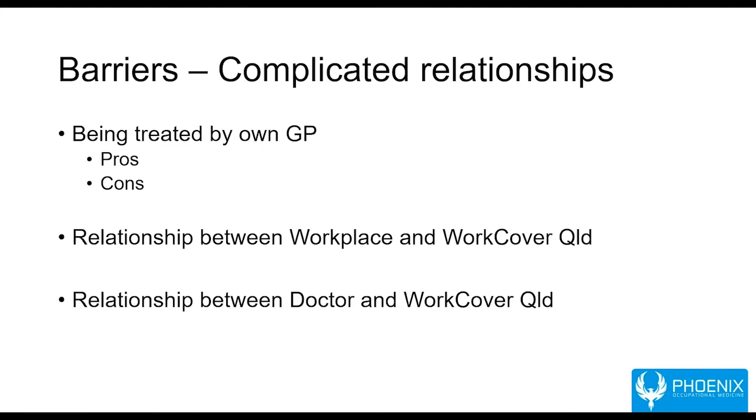Another key barrier that we've identified is the complicated relationship. There's a multi-pronged relationship when you're a medical provider taking care of an injured worker. You've got not just the injured worker that's sitting in front of you, but you've also got the insurer and the employer that you have to deal with. In occupational medicine, we often say that managing injured workers is much like managing pediatrics. There's no children involved, but in pediatrics, you're trying to take care of the child and often two parents at the same time. In injury management, we're trying to take care of an injured worker and the other bodies that are involved, being the insurer and the employer.